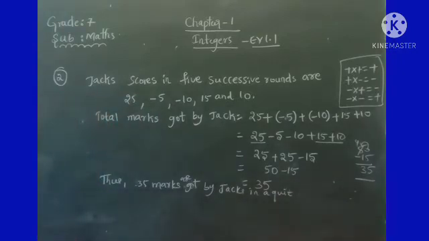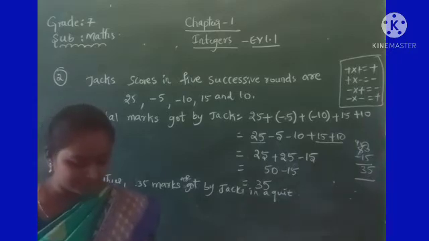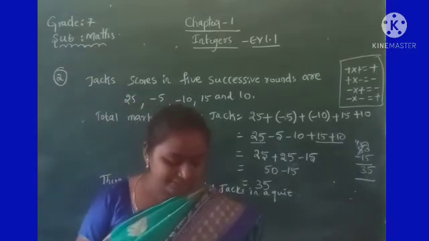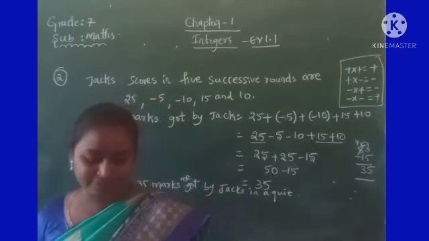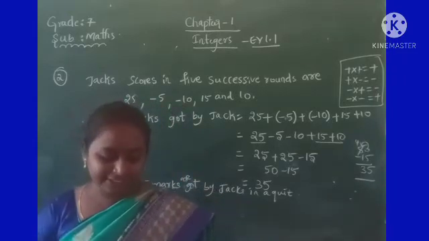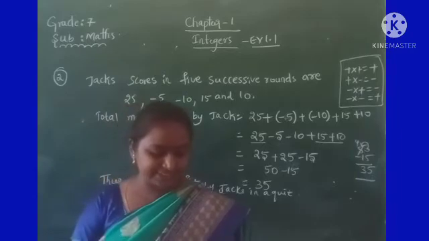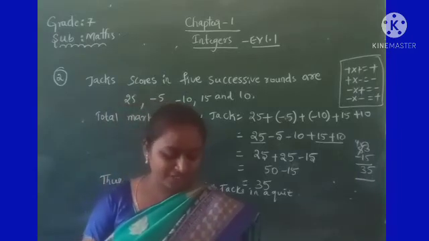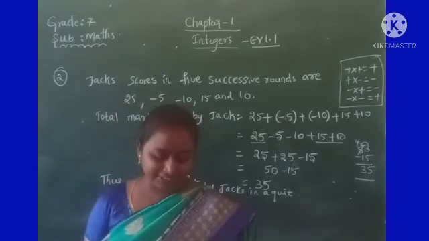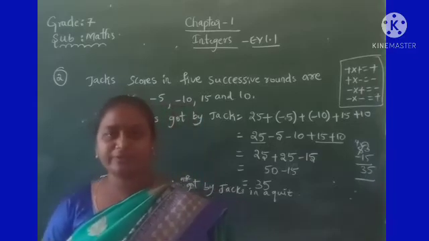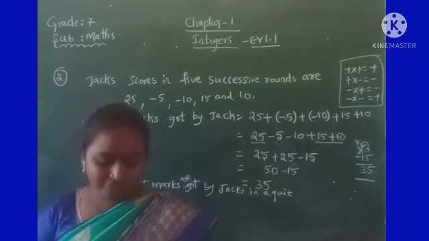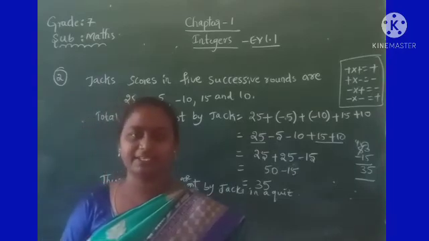Okay? Right. Next, in the third question, see, at Srinagar the temperature was minus 5 degrees Celsius on Monday, and then it dropped by 2 degrees Celsius on Tuesday. What was the temperature of Srinagar on Tuesday? On Wednesday, it rose by 4 degrees Celsius. What was the temperature on this day?